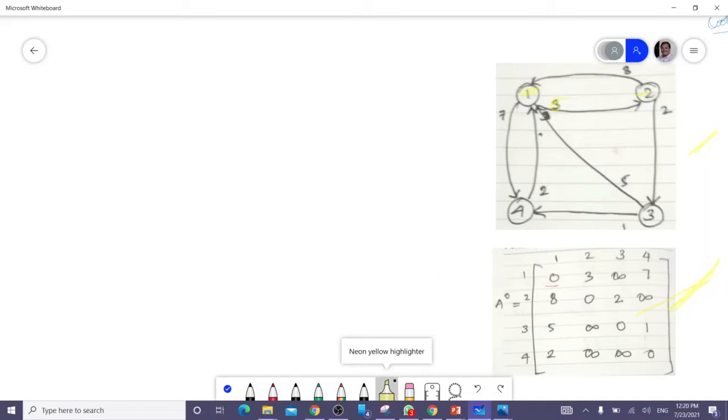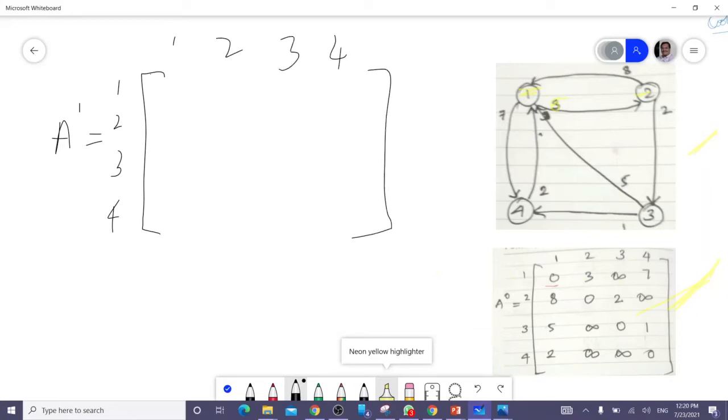Now, next we have to find A1. In A1, you keep the first row and first column constant. So you write 4 rows: 1, 2, 3, 4.